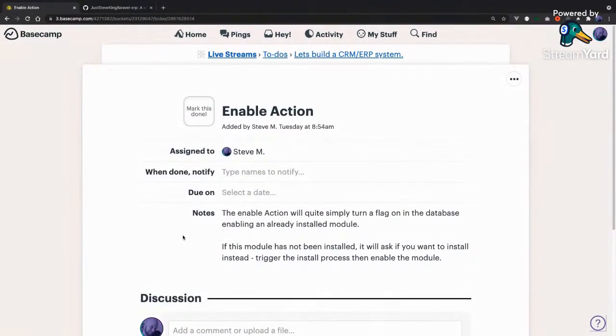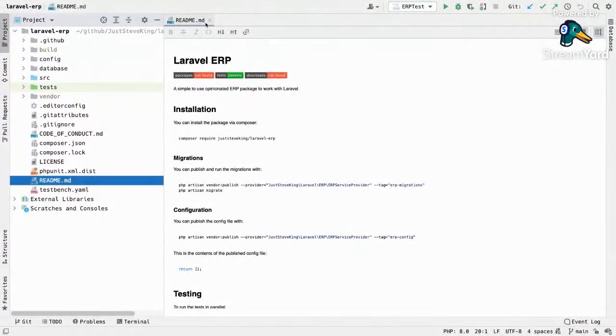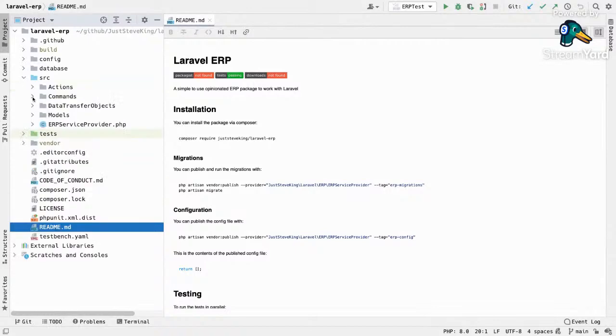And then once we've enabled a module, we're going to start looking at building out a module. How do we want it to work, basically? Where to start? Enabling. So if we come to our code here, if we go to our commands,